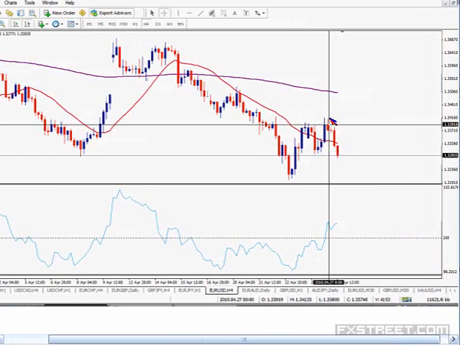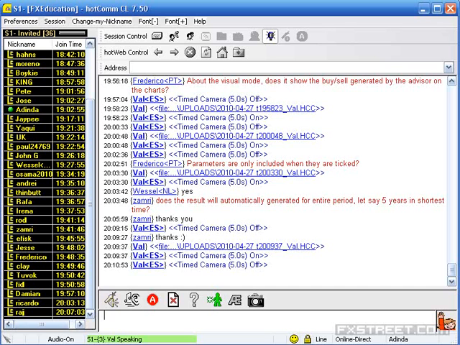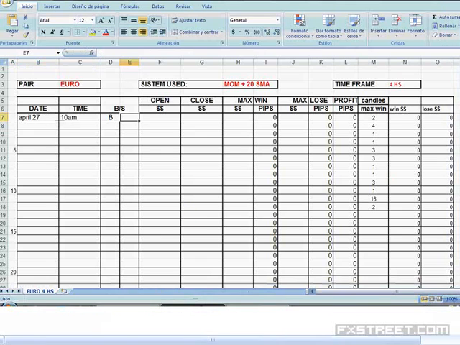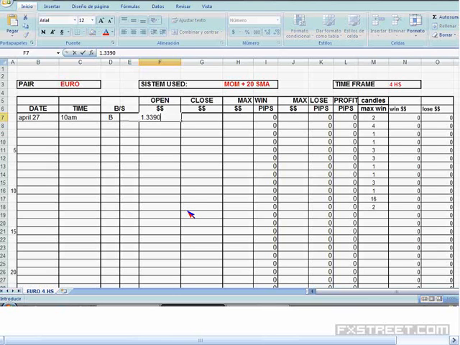33.91, a losing trade, first one, only 20 pips to the upside, and then we fall. So, what do I tend to note in my Excel sheet? Exactly that, okay? Let me refresh the camera. I do today, April 27th, at 10 a.m. my time, a buying signal, open at 133.90,